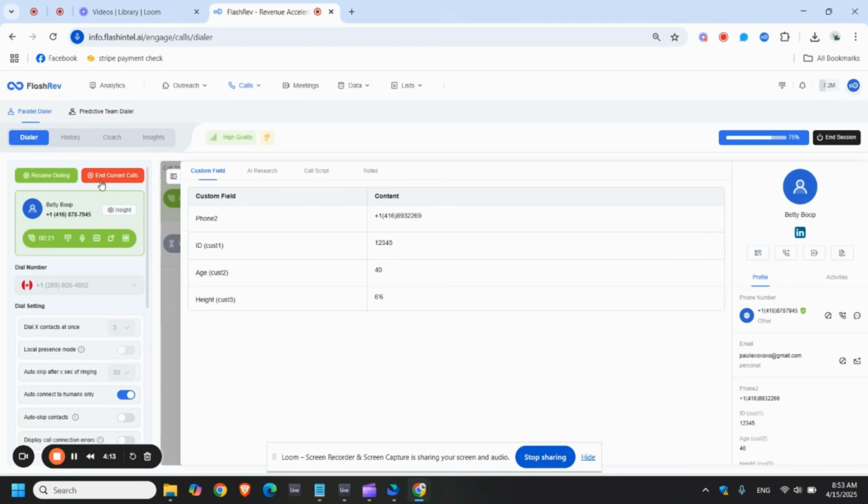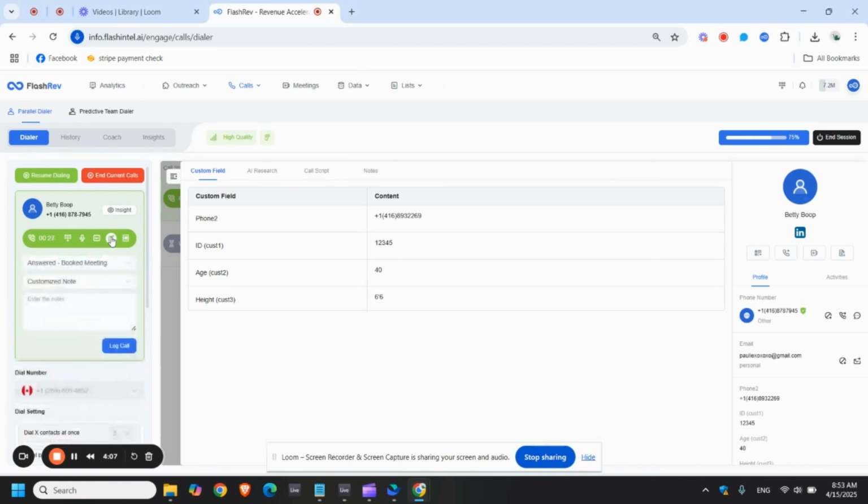So let's end this call. Oh, and you can see while you're on the call, you can actually take notes by clicking on this icon here. So when you click this icon, I'm talking to Betty here, and I say, hi, said call back on Friday, for example, because they're interested, but they want me to call back Friday. So if I go and log this call,